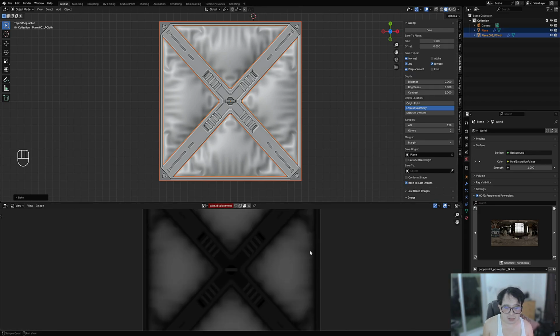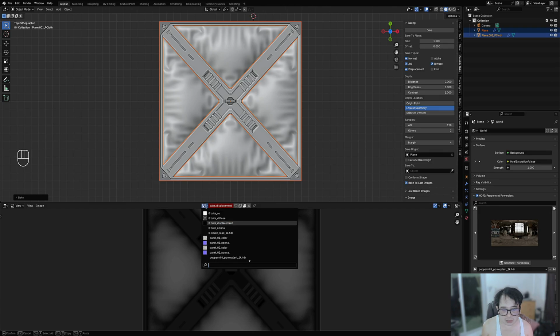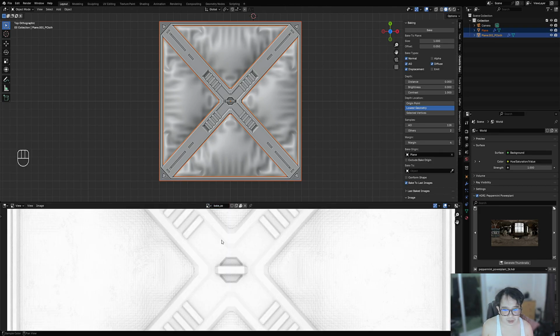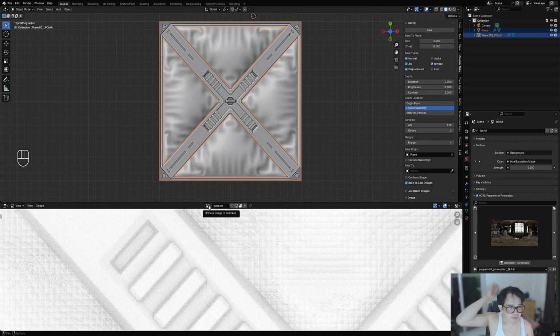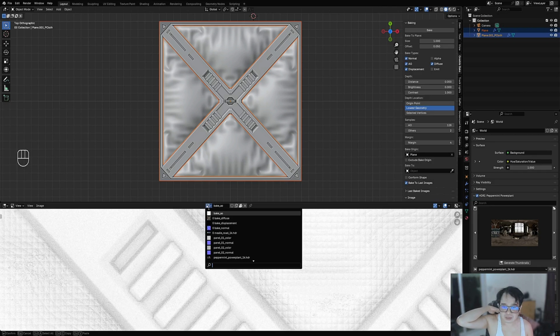Okay, this is the displacement. This is the AO. The AO is kind of rough, but I think we need 512 samples. But in the interest of speed, we're just going to